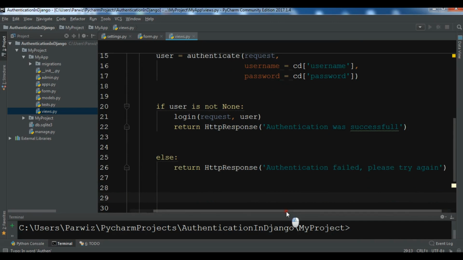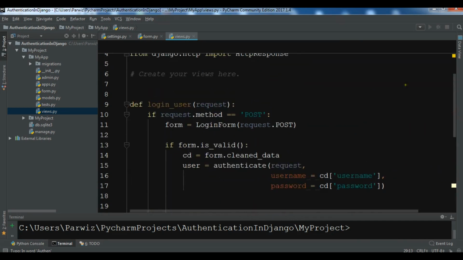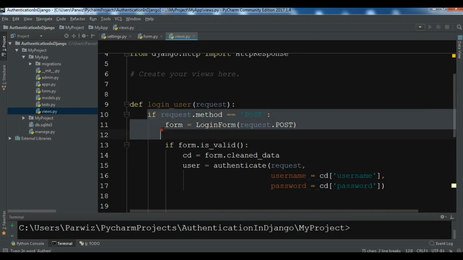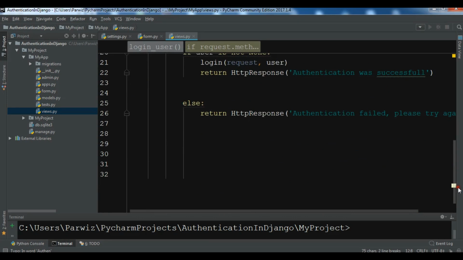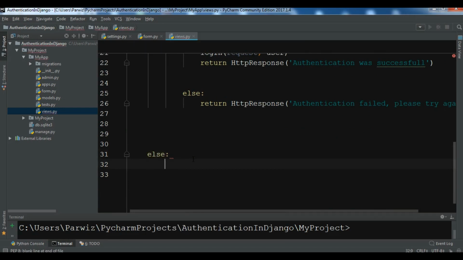Okay, now we also need to create an else for our request.method is POST. So let me create another else in here, and in this else case we are going to bring our login form again. So login form like this,